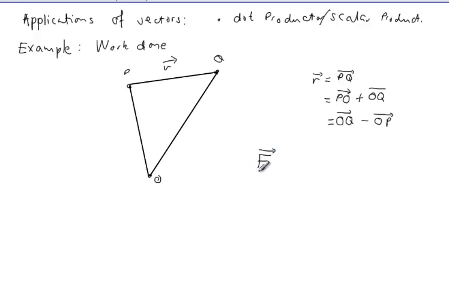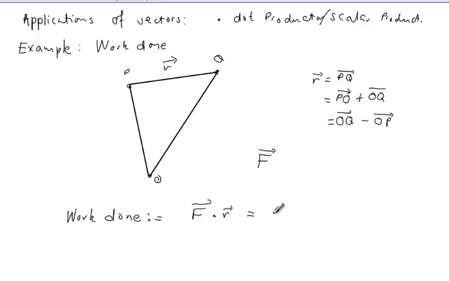Now, if we want to calculate the work done by a force carrying a load from there to there to there, we actually use what we call the dot product. What is this? Work done will be defined this way. Work done is, when I'm using this thing, normally I want to use this symbol. I say defined by. So it's defined by this formula. It's actually the vector F dot vector R,